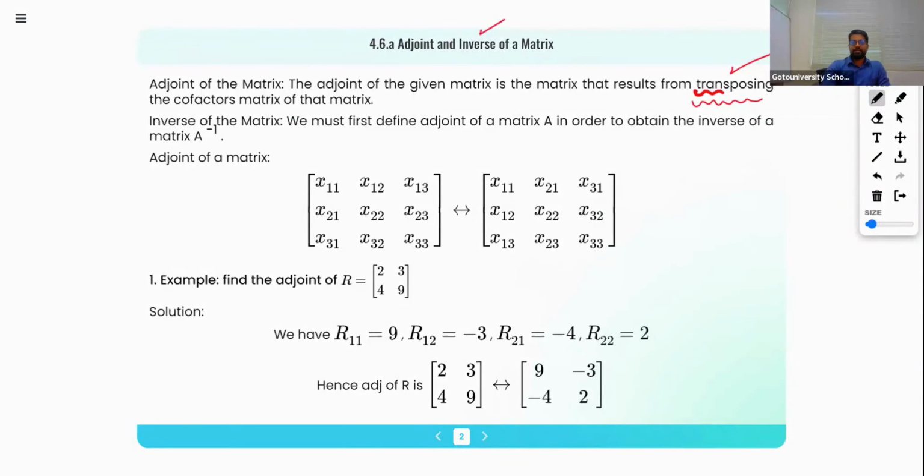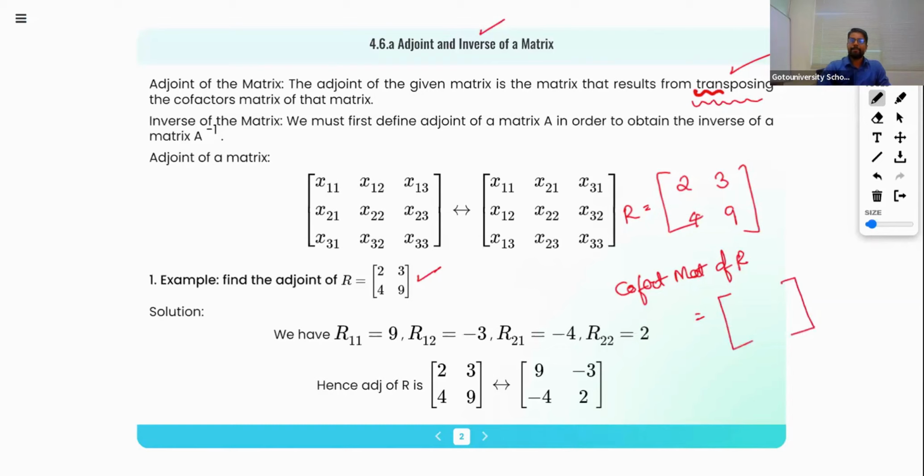Okay, so there is an example here, a 2 cross 2 matrix. Let me take that, 2 3 4 9. So what is the cofactor matrix of this? The cofactor matrix will end up with, what is the cofactor of this number? 9, but it is first row, first column, so it's going to be plus 9. And what is the cofactor of this? It's going to be minus 4, right? Cofactor of this will be minus 3, and